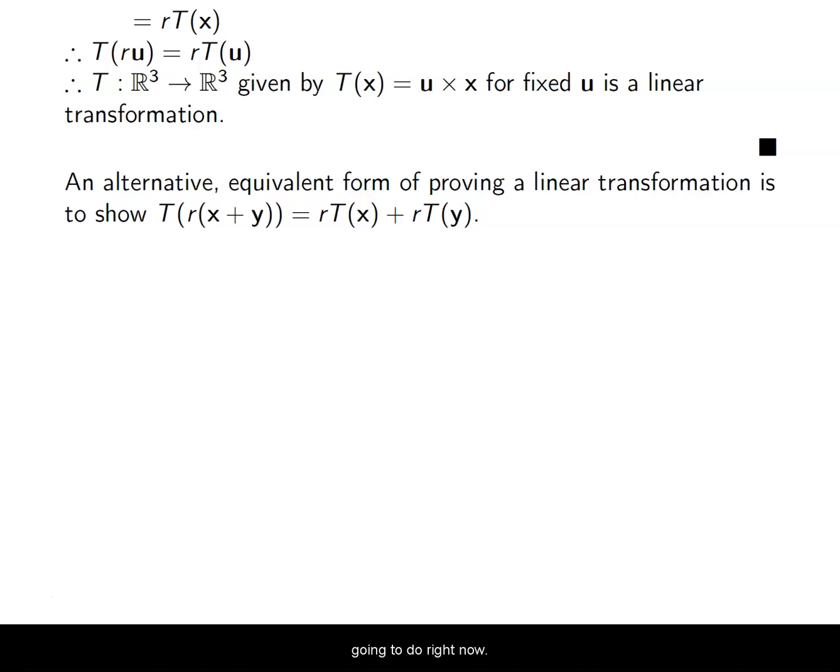Okay, so what I'm going to do right now, because I'm a nice guy, is offer extra credit for whoever is watching this right now, for my fall term. If you redo the proof that I just showed you, but do it by showing closure of addition and closure of scalar multiplication at the same time using this equivalency, instead of showing the two separately,